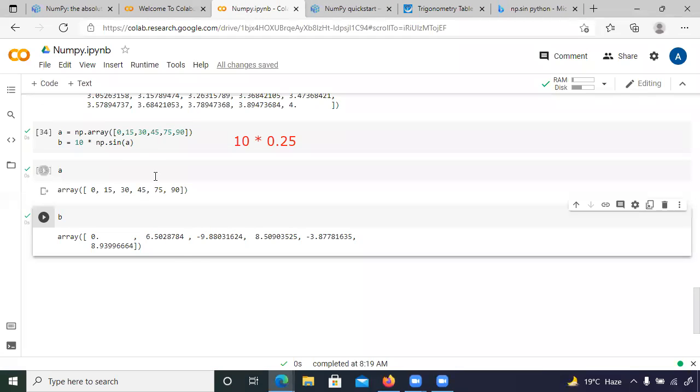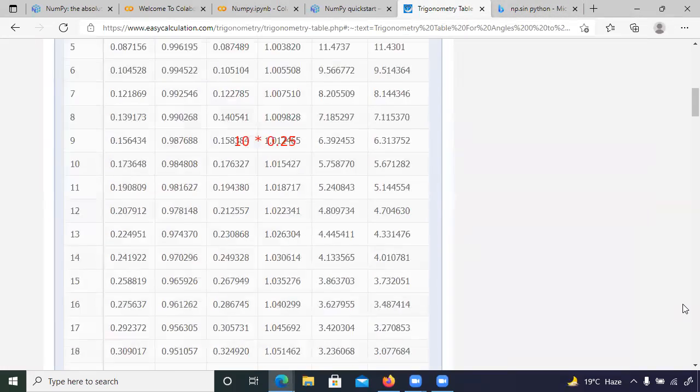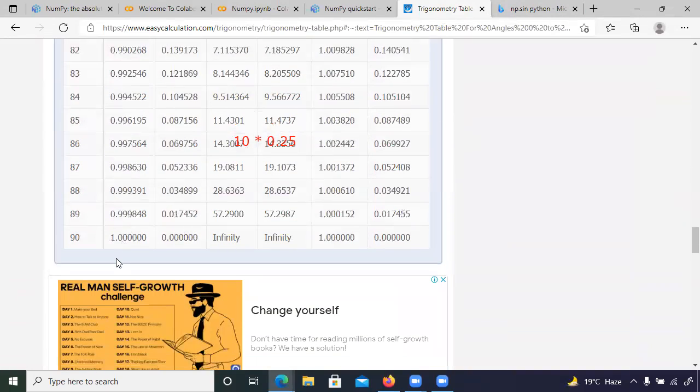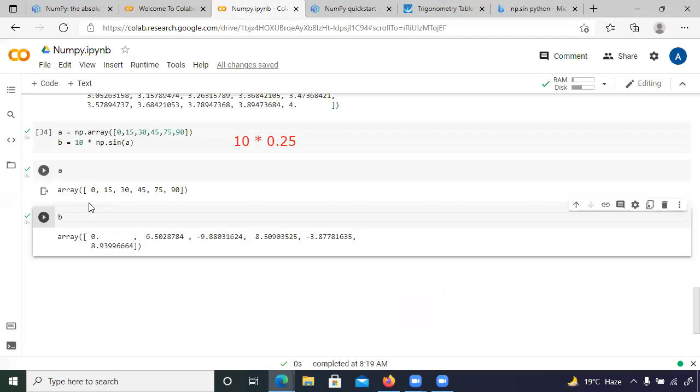Okay, I will check this because there might be something not clear. We have printed the array, but when I multiply 10 into 0.25, the value is coming something different. And here, sine 90 also, the sine 90 value is 1. So when I multiply 10 into 1, np.sin of a, that is 90, I should get 10. Why is it coming 8.93?